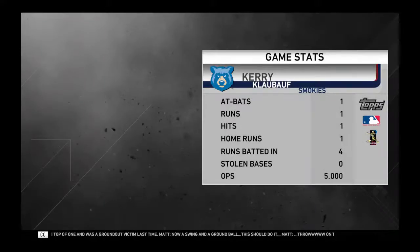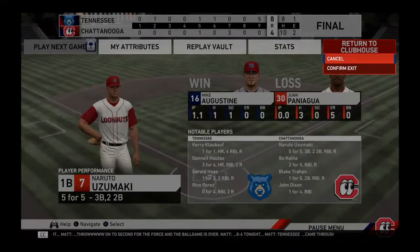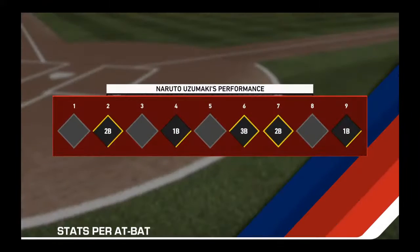8-4 tonight. Tennessee came through when it mattered in the ninth on the way to the win. Mike Augustine claimed the win out of the pen, his first. So that just about does it for